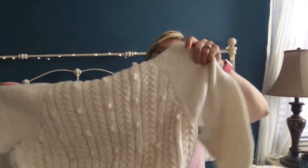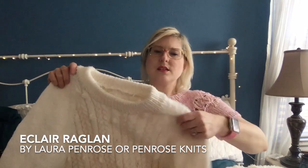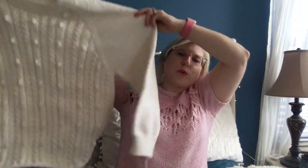I had the pleasure of test knitting the Eclair Sweater for Laura of Penrose Knits, and we'll see if I can get the whole thing in frame. I opted for the folded collar, and I've also opted for the tunic length with a split hem. So you can see I've split for the hem and done my...